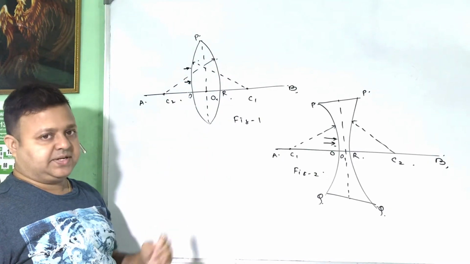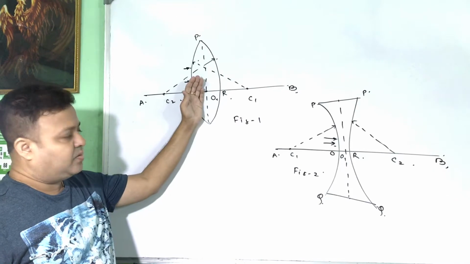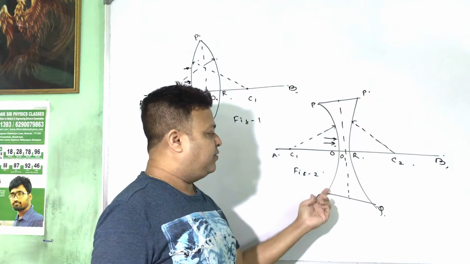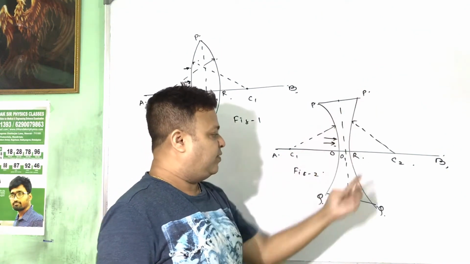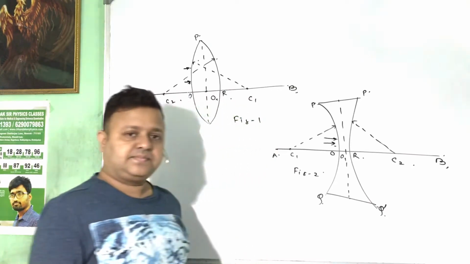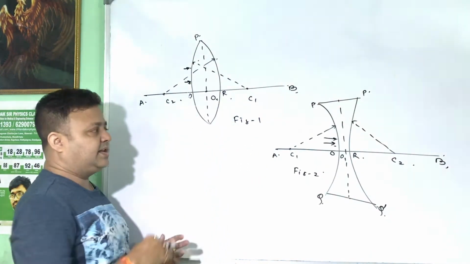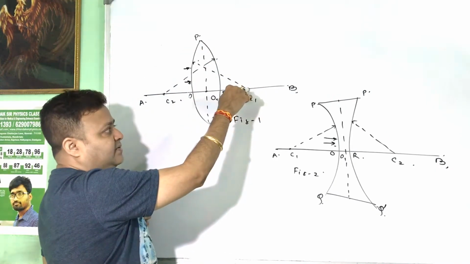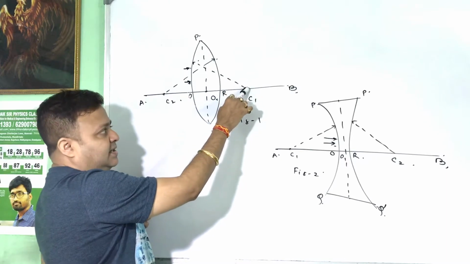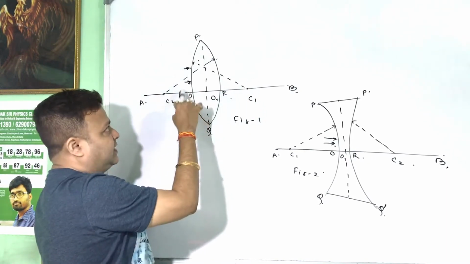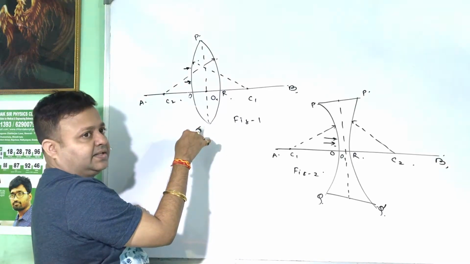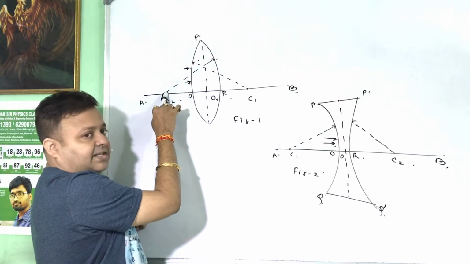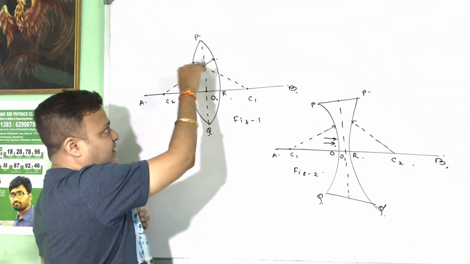POQ is the aperture, O1 is the optical center, AB is the principal axis, POQ is the aperture, POQ dash is the aperture, PRQ also is the aperture. This is the curved surface, this is an imaginary center which is situated on the principal axis, this is called the center of curvature of the first surface, and this one is the second surface, an imaginary center which is situated on the principal axis, this is called the center of curvature of the second surface, C2,